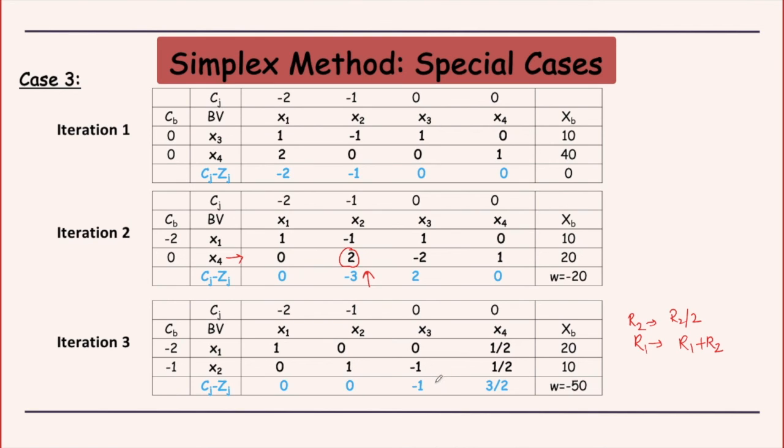Now which is the most negative? Again this one is the most negative. Which one should leave? If you calculate the ratio, you see that for the first one denominator is 0, so this ratio is not allowed. For the second case again denominator is negative, so this ratio is not allowed. So you have a variable which can enter, which means there is an improvement possible in the objective function value.